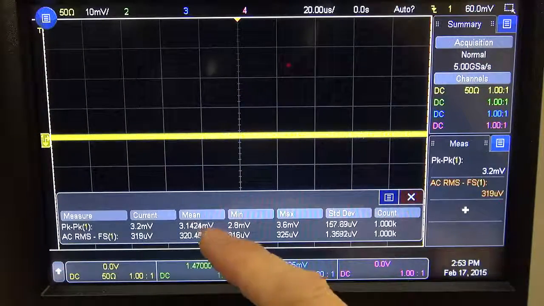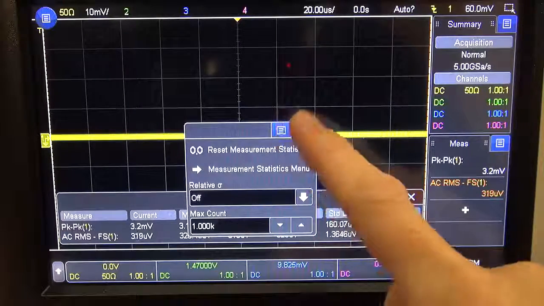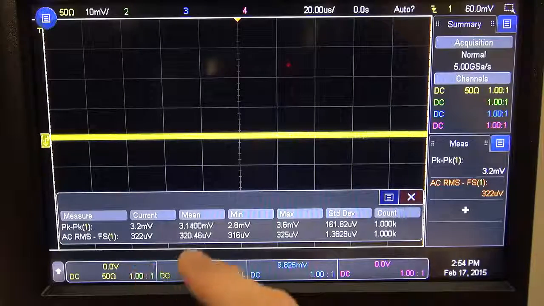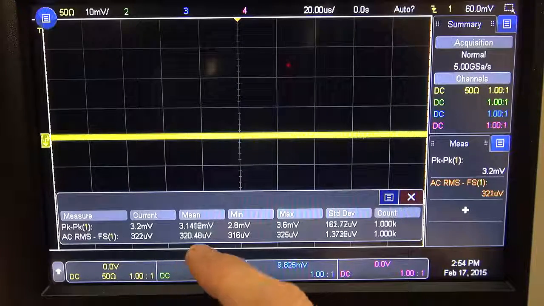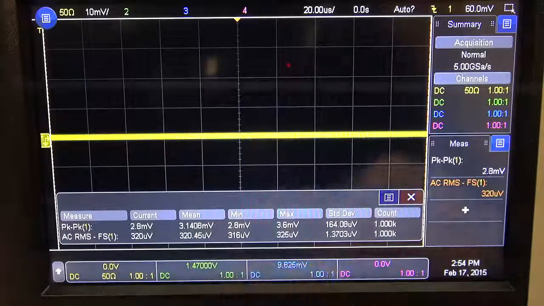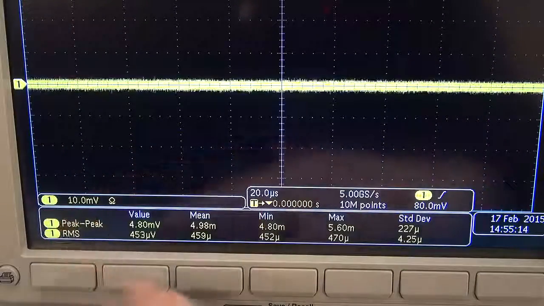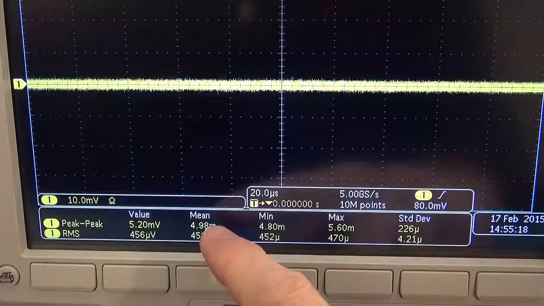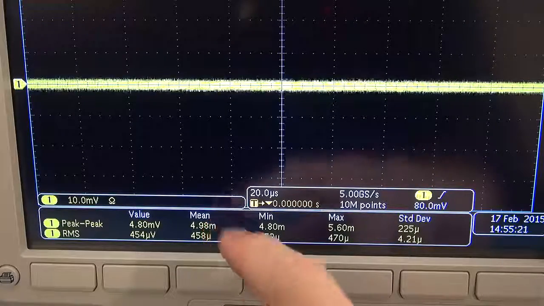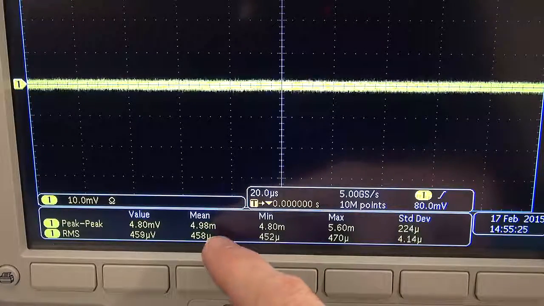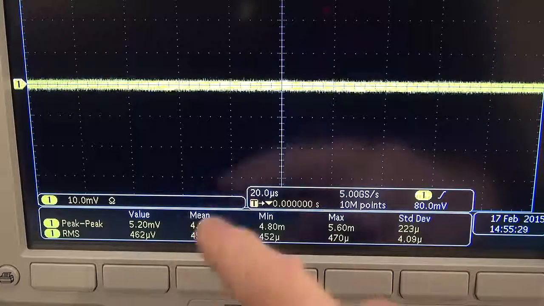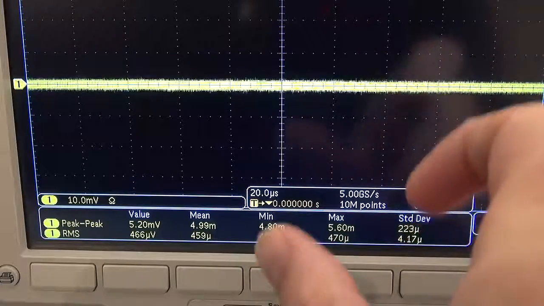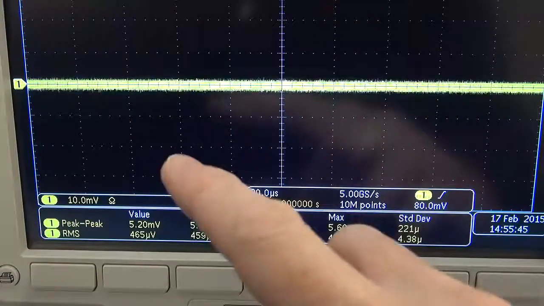If we have a look at the averages, the peak to peak is sitting at 3.14 millivolts, and the AC RMS is sitting at 320 microvolts. On the Tektronix with the same settings, 10 millivolts per division, we can see our average here is 4.98 versus the 3.12 that was on the Keysight, and the 458 microvolts versus the 320 on the Keysight. So when we're comparing apples to apples with the bandwidth all open, the Keysight certainly seems to have the edge